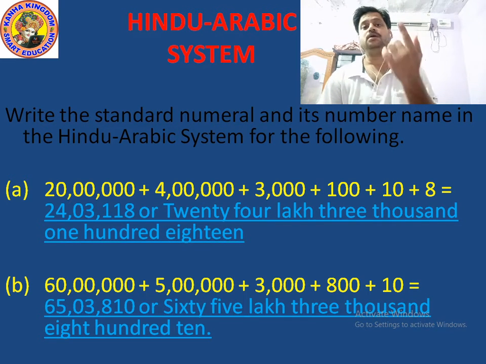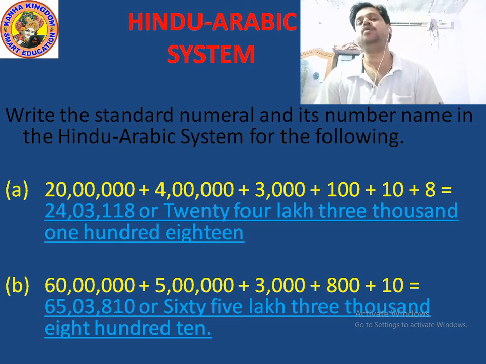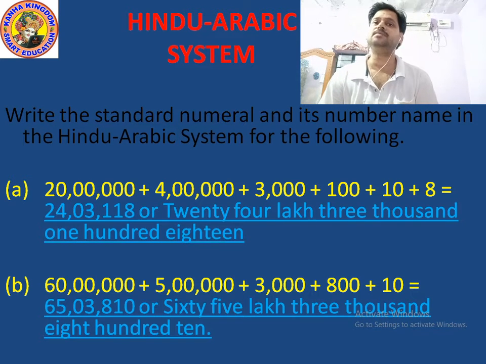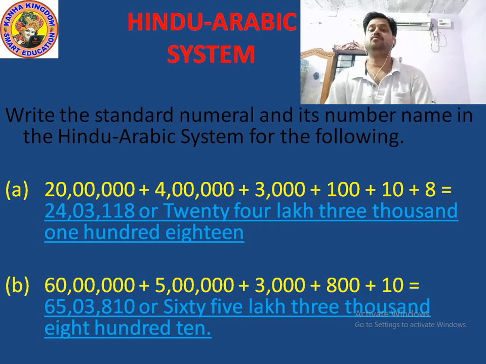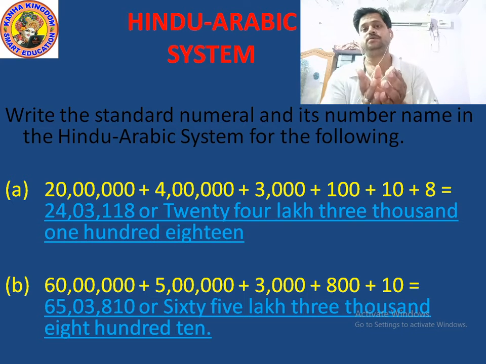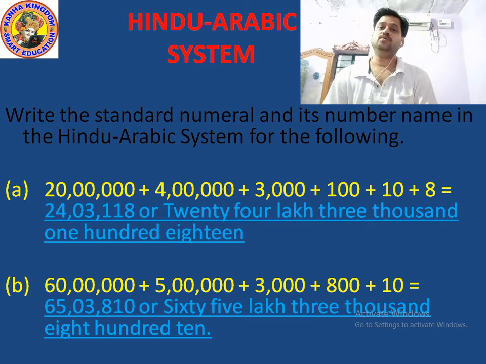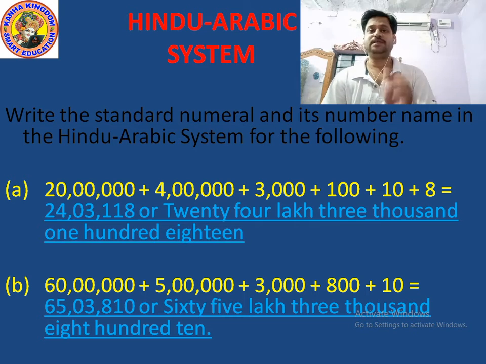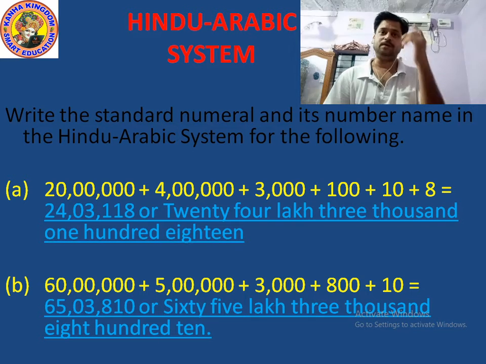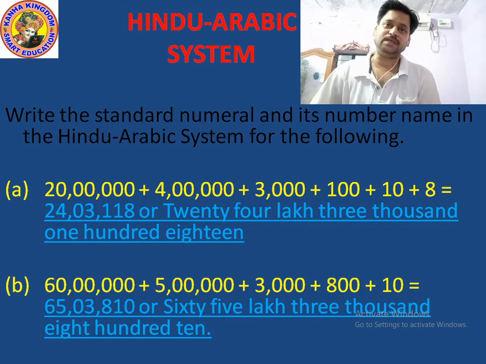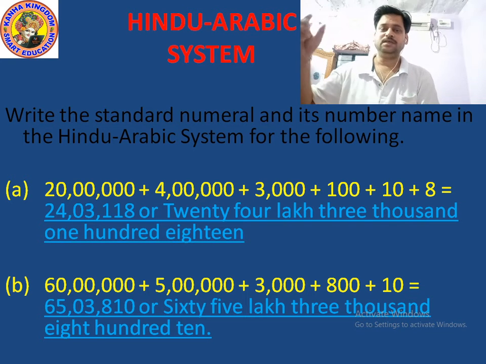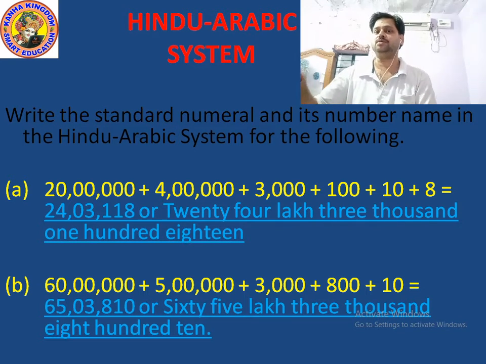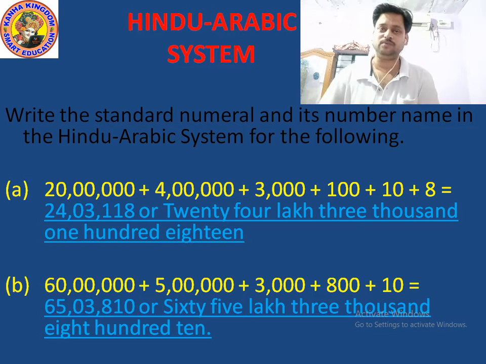Now after the first comma, how many digits? Single digit. Single digit means 3,000. Okay. So 24 lakhs 03. Why 03? Because 3 is in thousand place value and 10,000 place value is missing. That's why we put 0. So 24,03, comma. Now ones period starts, and in ones period there are 3 place values: ones place value, tens place value, and 100 place value.